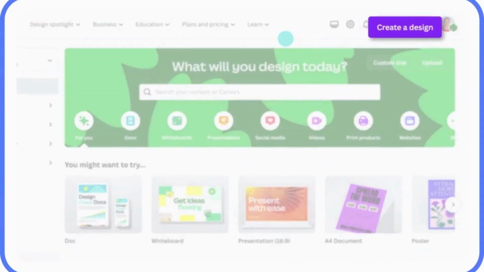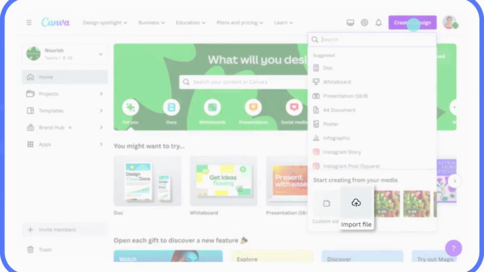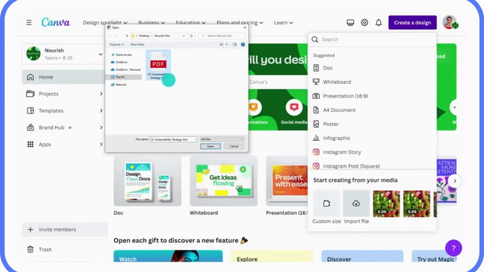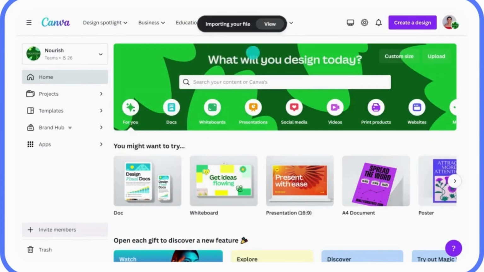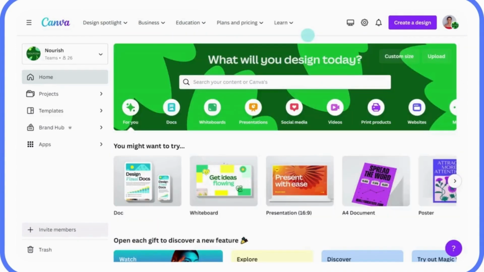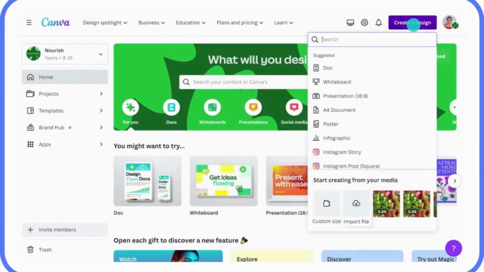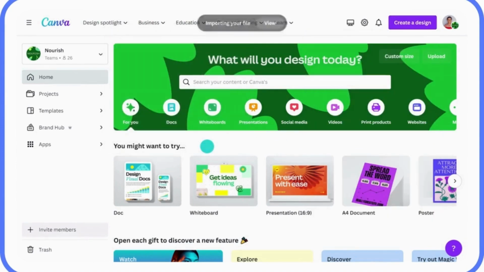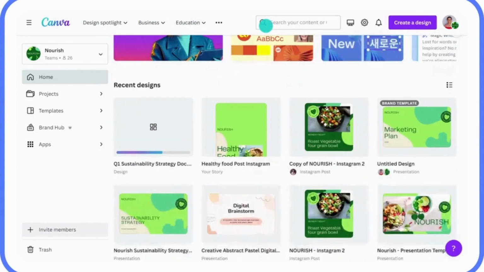Canva just released yet another update to its Magic Studio suite, which includes several AI tools that help you design more efficiently. And honestly, I don't know about you guys, but it really feels like Canva might be taking over the graphic design industry or even the entire creative industry. With its flexibility and constant updates to its AI tools, you can now do almost anything in Canva with just